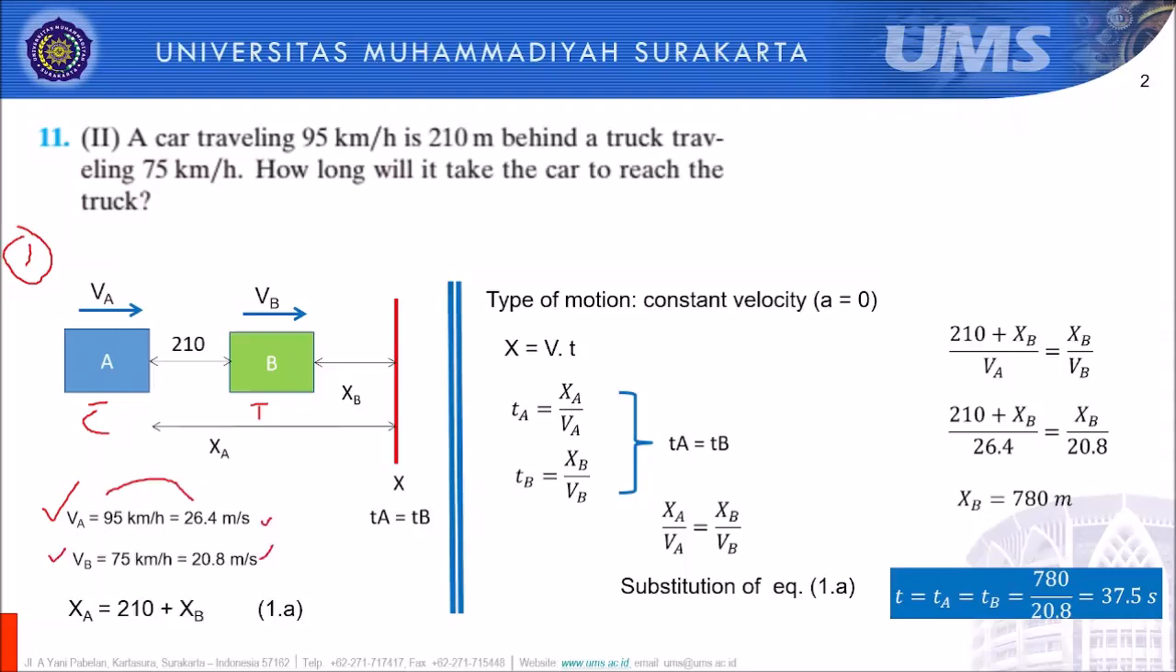Okay, right. How far? The distance is 210. This is the distance A to B, or between this car and this truck. You can see here, the car is traveling faster, 95 km/h compared to 75. So even though the position of the car is behind the truck,